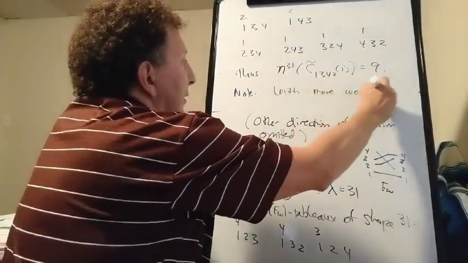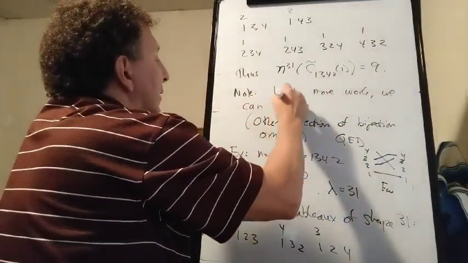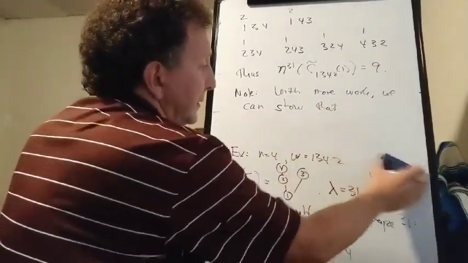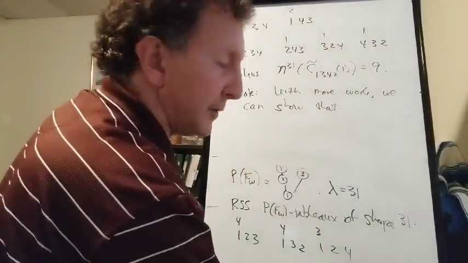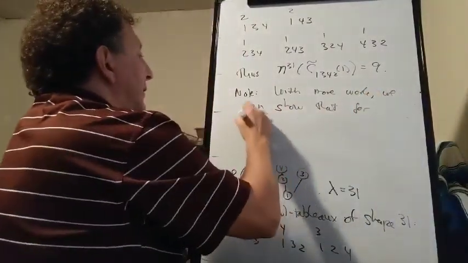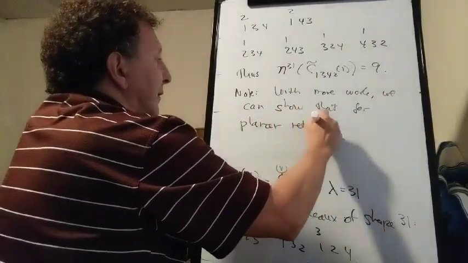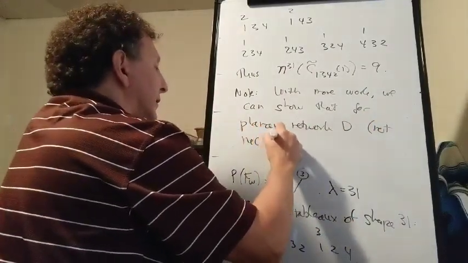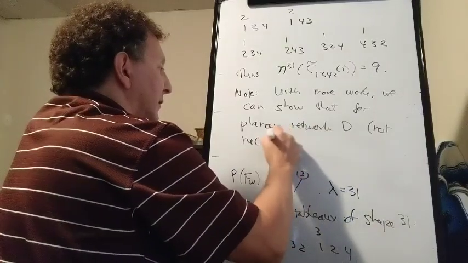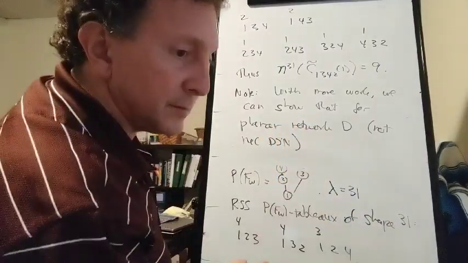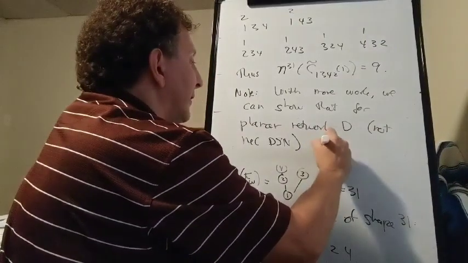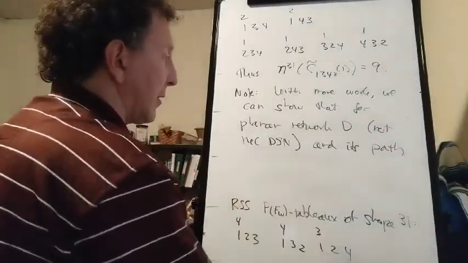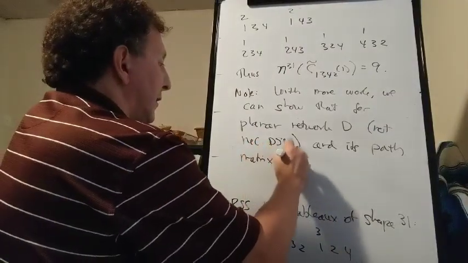So with more work, we can show that for a planar network D, so not necessarily a descending star network, and its path matrix A,